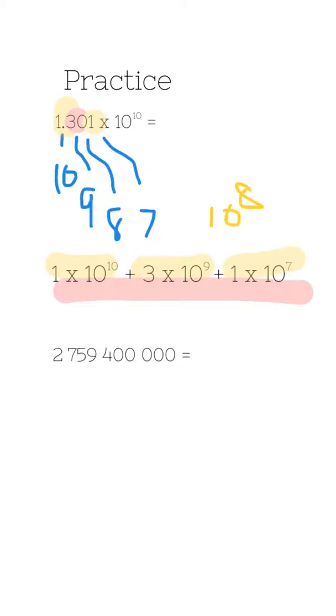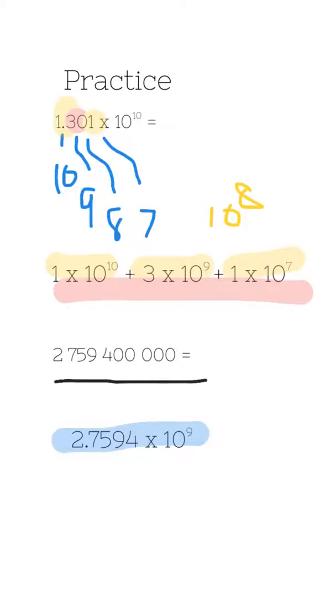So second example, I have the number 2,759,400,000. So if I was to figure out what I'd have it in scientific notation, I'd move the decimal place over, and I would end up with 2.7594 times 10 to the 9th. So to write out in expanded form, I make note of my powers. So the 2 is going to be to the, sorry about that. The 2 will be to the